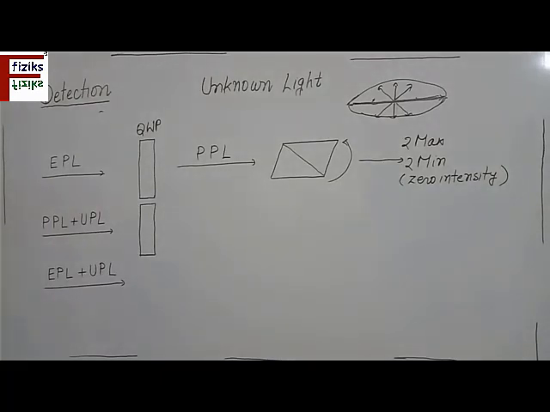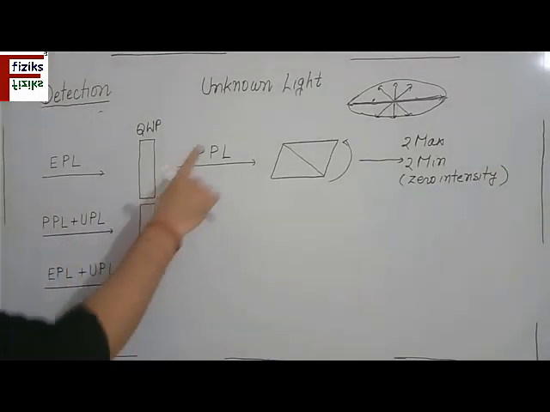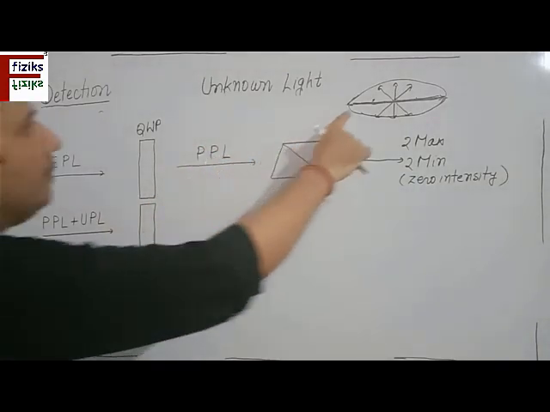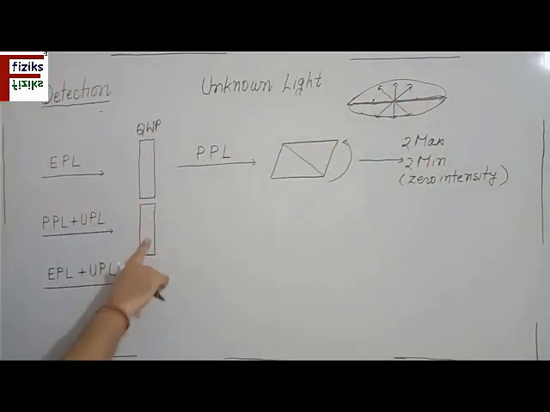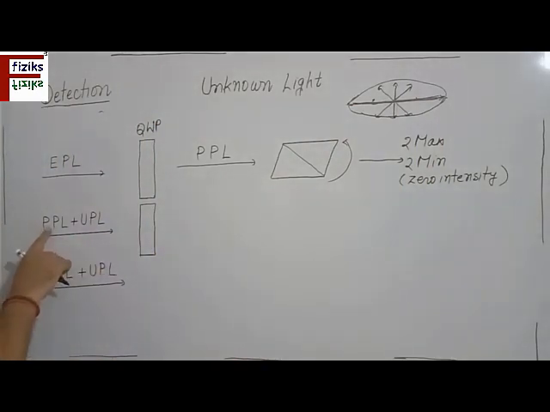to the optic axis of this quarter wave plate, because we have already matched this major axis with the optic axis of this. So automatically the electric vector of this plane polarized light will become parallel to the optic axis of the quarter wave plate. You can remember that the angle between the electric vector of PPL and the quarter wave plate optic axis is 0. So this electric vector of PPL will make a 0-degree angle with the optic axis of the quarter wave plate,